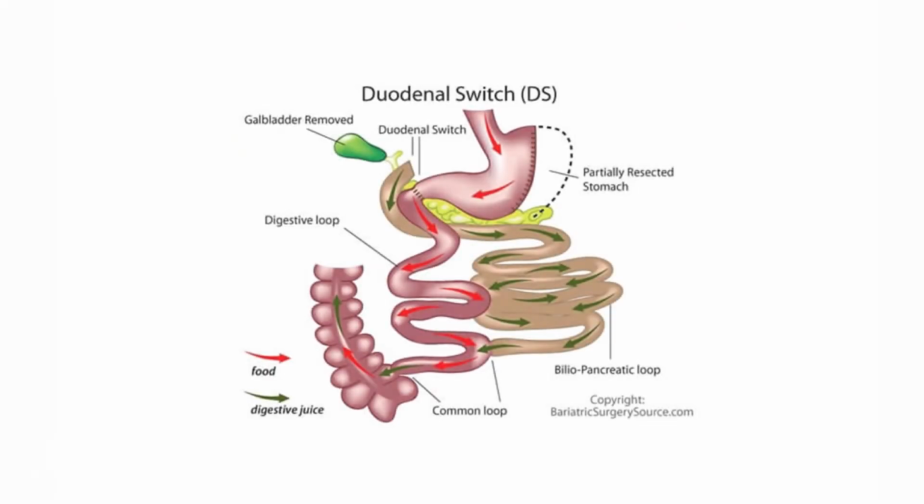At Avita, we also offer a procedure called the duodenal switch. This procedure is typically reserved for patients with a BMI of greater than 60 or classified as supermorbidly obese. This is a combination procedure where we first create a sleeve gastrectomy out of your stomach, and then we do a very aggressive intestinal bypass procedure, leaving you with a very short amount of intestine through which your food will pass.